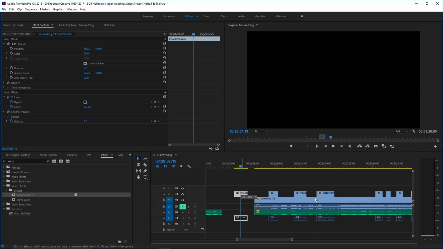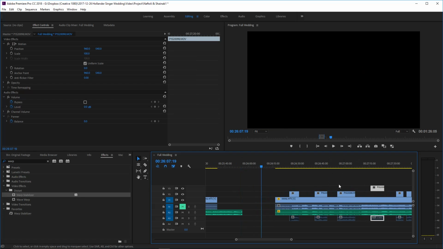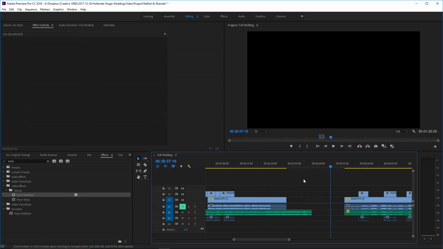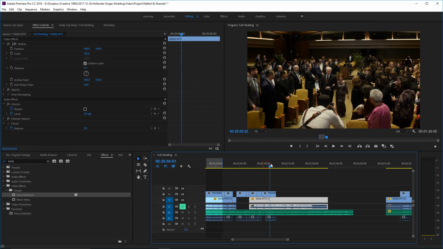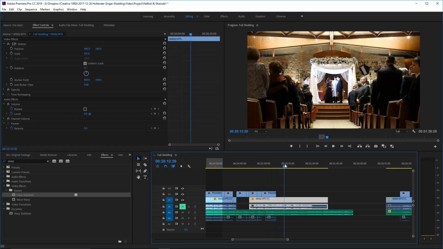And yep, that kind of works, where this shot I want to use as people looking as the bride's coming down. I think that will be useful, so we're just going to stick it in here.